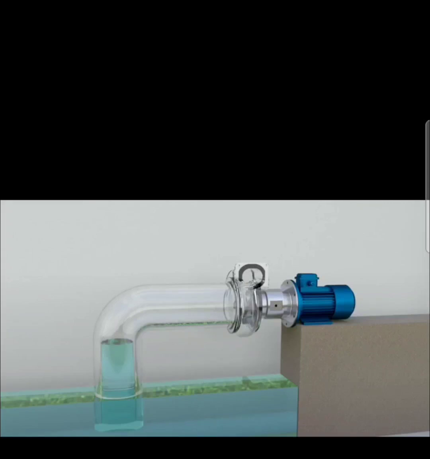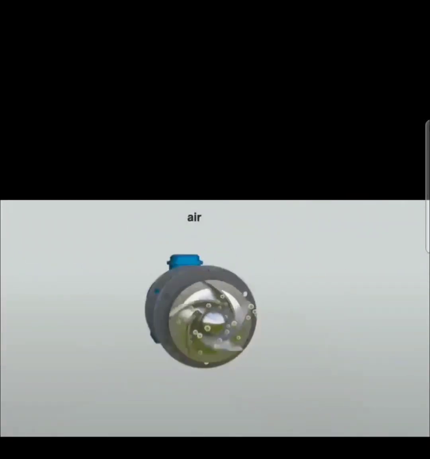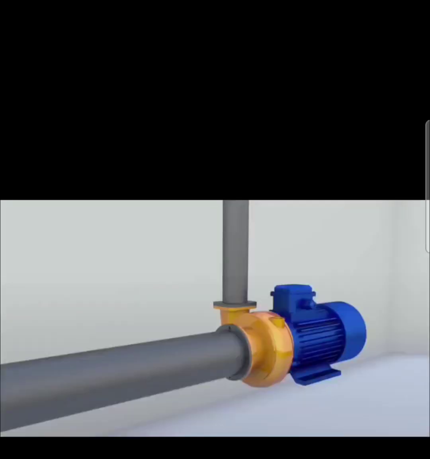Is an ordinary centrifugal pump able to do this? The answer is no, because the particles move in the pump due to inertia, which depends on mass. The mass of air particles is much lower than that of water particles, so it is impossible to pump air at the speeds that a centrifugal pump operates at. For this reason, centrifugal pumps must be primed before switching on, either through a special channel in the casing or